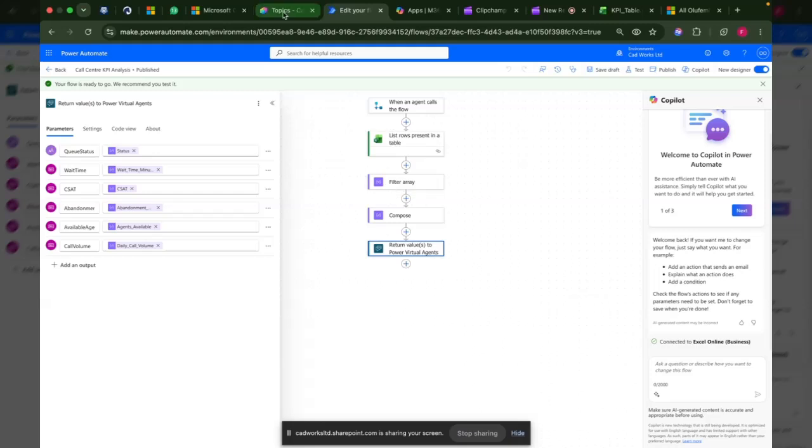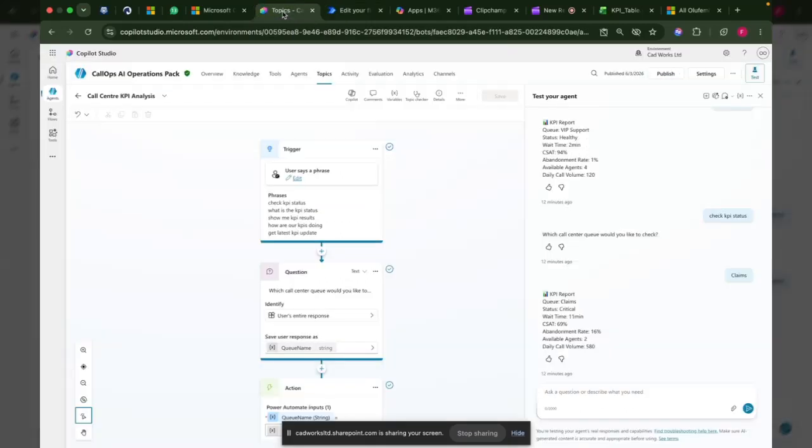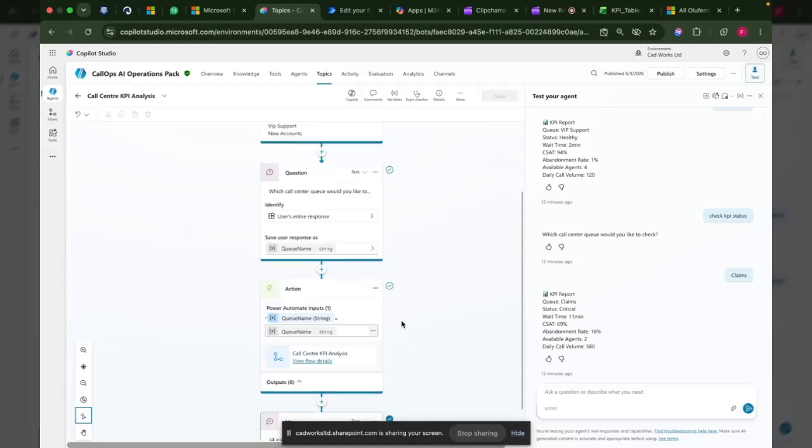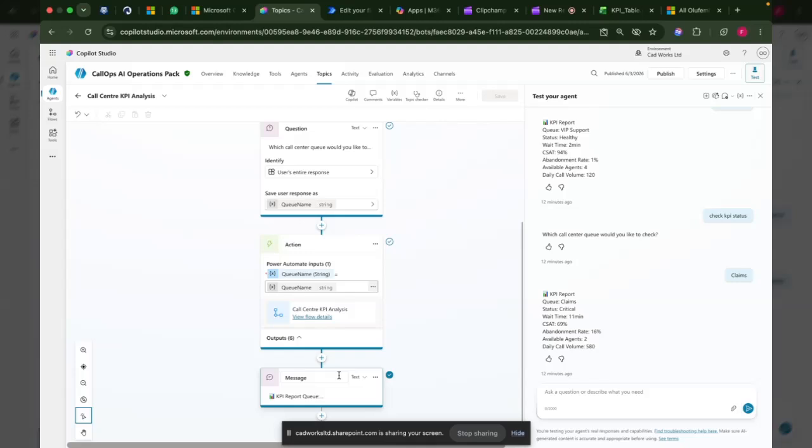We now go back to my Copilot Studio agent, and you can see that this is my call center KPI analysis and several things I was able to check. There was a question, there's an action, and there's a message. And so to test if this actually works, I will just come here and I say